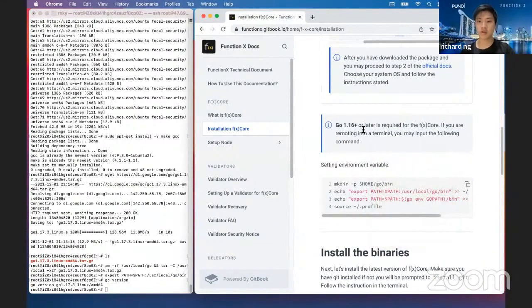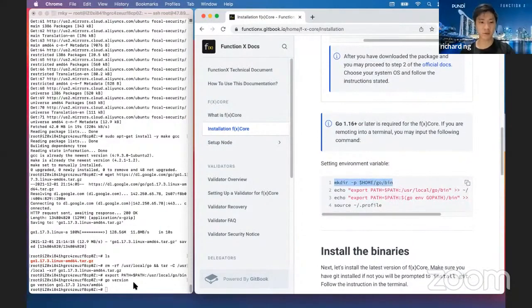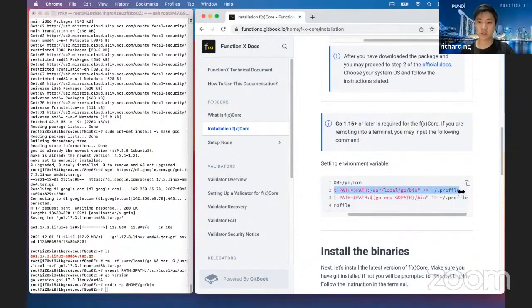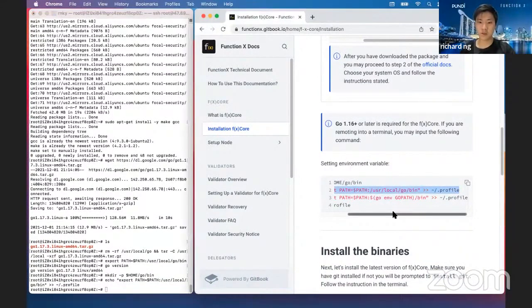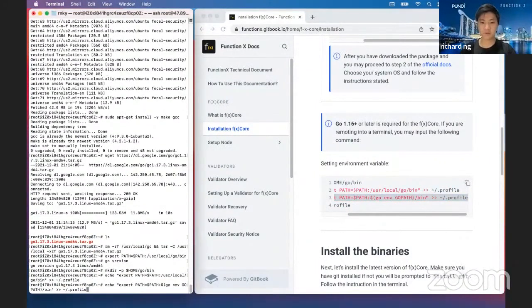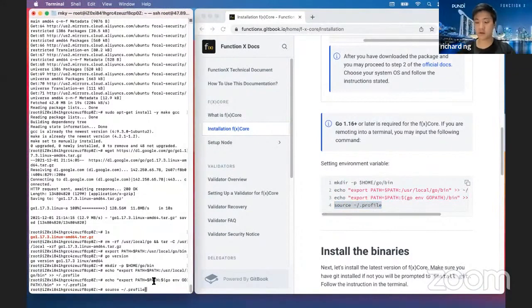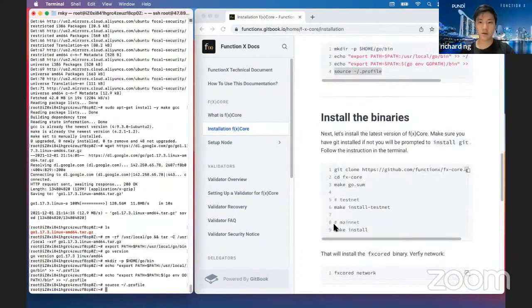Okay, just make sure that your Go version is later than 1.16. If not, it wouldn't work. Okay, now moving on to setting up your system environments. So this is just to make sure that the terminal knows where to find your Go path. Okay, so now that we have everything done,